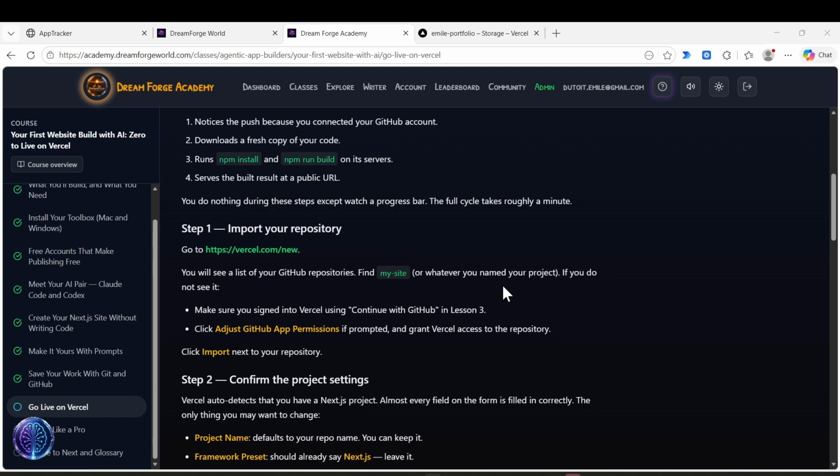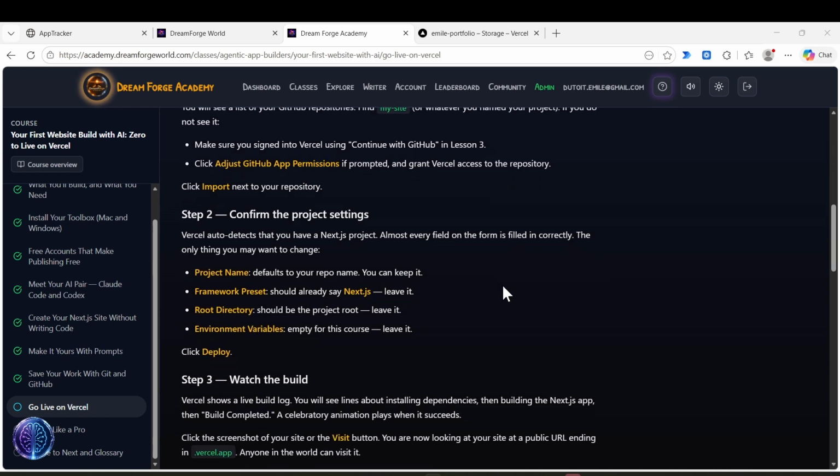And if it still doesn't want to do it, or you might see that it prompts you to install the CLI, which is the Vercel command line interface, just tell it to install the CLI and use the CLI. This way the agent can do the work for you and you don't even have to do it manually.